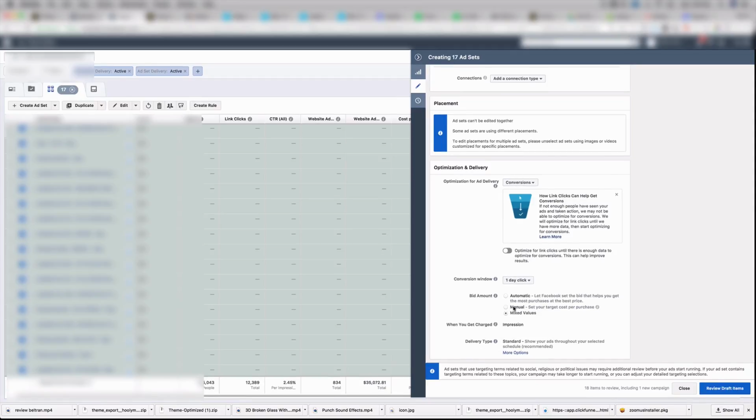Pretty much manual bid, guys, for those who don't know, again, I'm covering everybody. It's that you set a bid amount that you want Facebook to be around. Okay, automatic bid is by default $30, which is not extremely, but a little bit aggressive for what I like to do on manual bid. Manual bid, actually, it's recommended to do the exact CPM you want to pay,